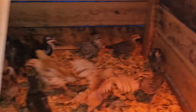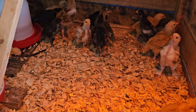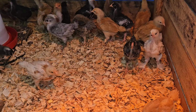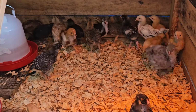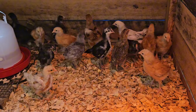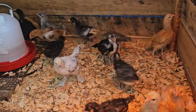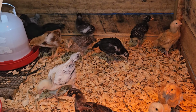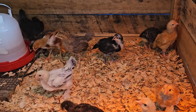I gave them some. Woo, we almost lost one. Did y'all see that? I don't think you did, but out of the corner of my eye, this bird almost hit the top of this. So I'm going to have to be careful leaving this brooder open with them able to fly now. Okay, let's not be mean. I know we have to develop a pecking order, but we're not going to have bullies. Do you hear me? No bullies. Okay, so I'm going to get them fed, and then I'll probably put the camera on the tripod and let you see